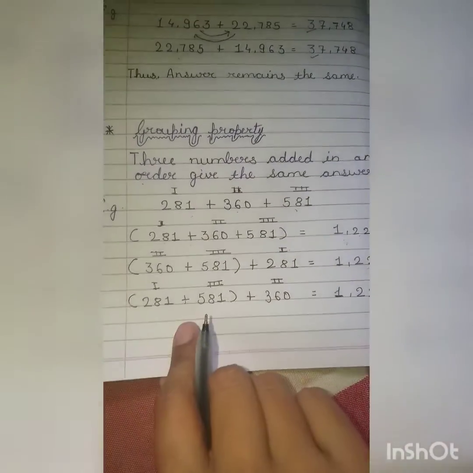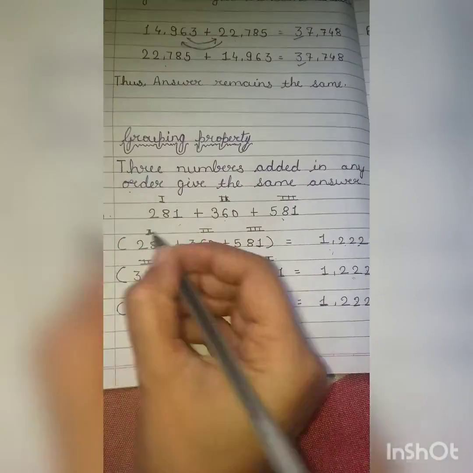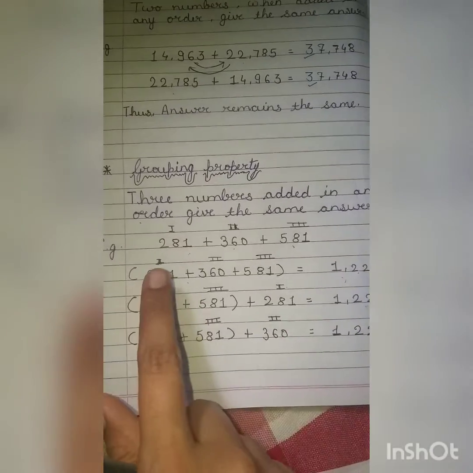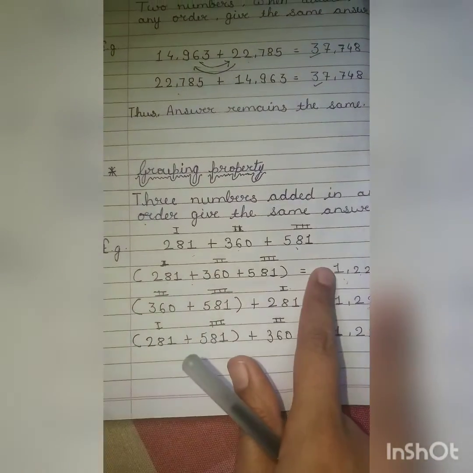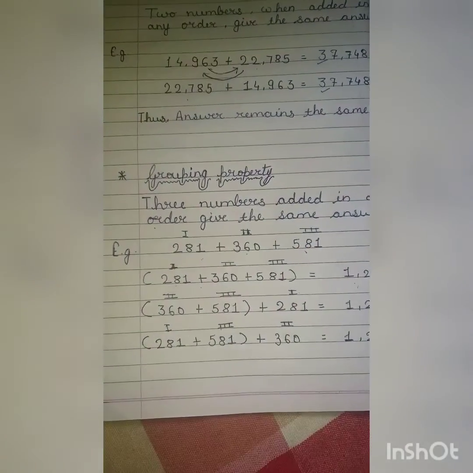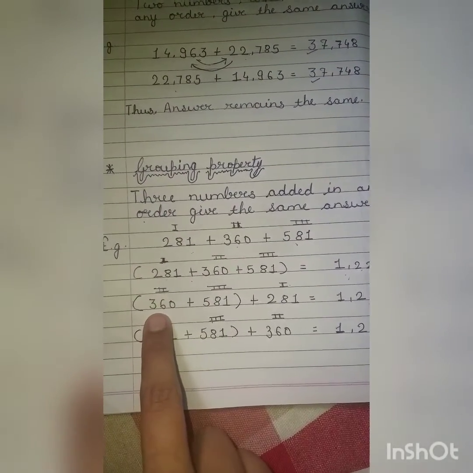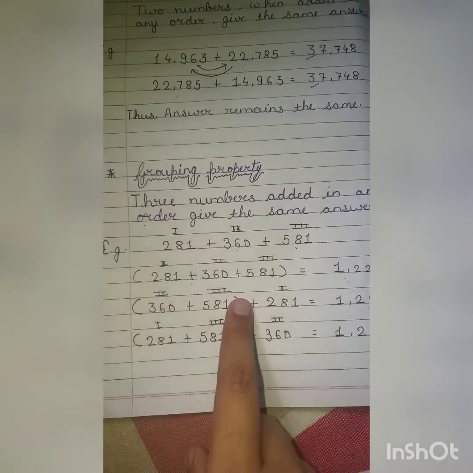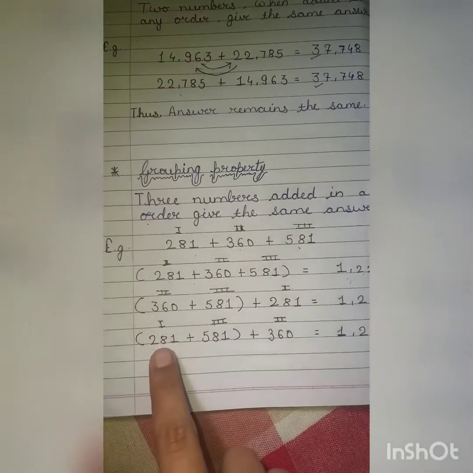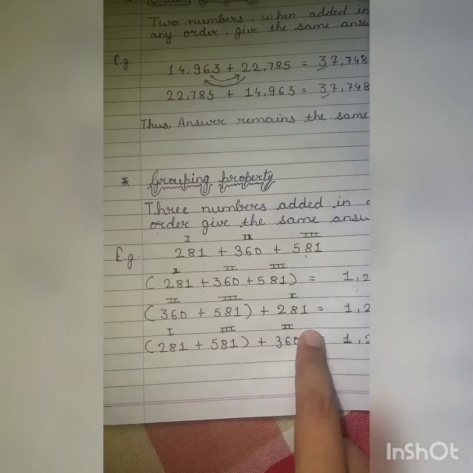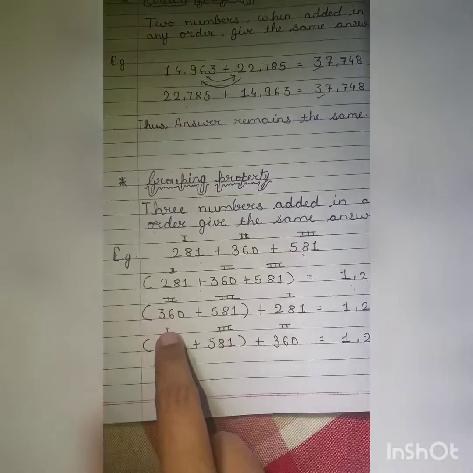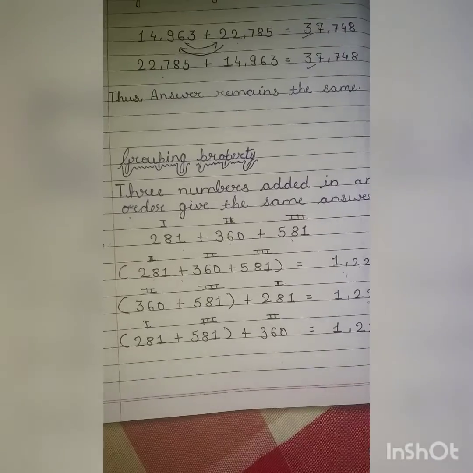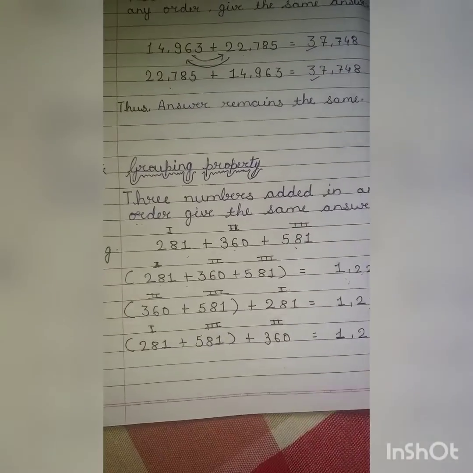So students, here you can see that I have written the places of the number, right. That means in first order they are written as first, second and third, however we have got in the example. But in second order we can see that their places have been changed. That means second plus third plus first, and in third order first plus third plus second. So in these places only we are going to add in grouping property, right. First, second, third, second, third, first, first, third, second.